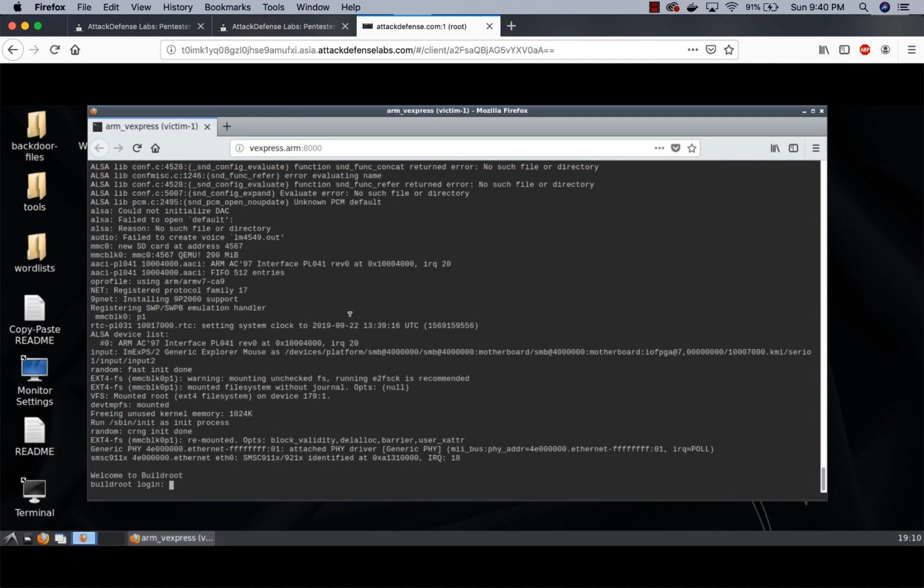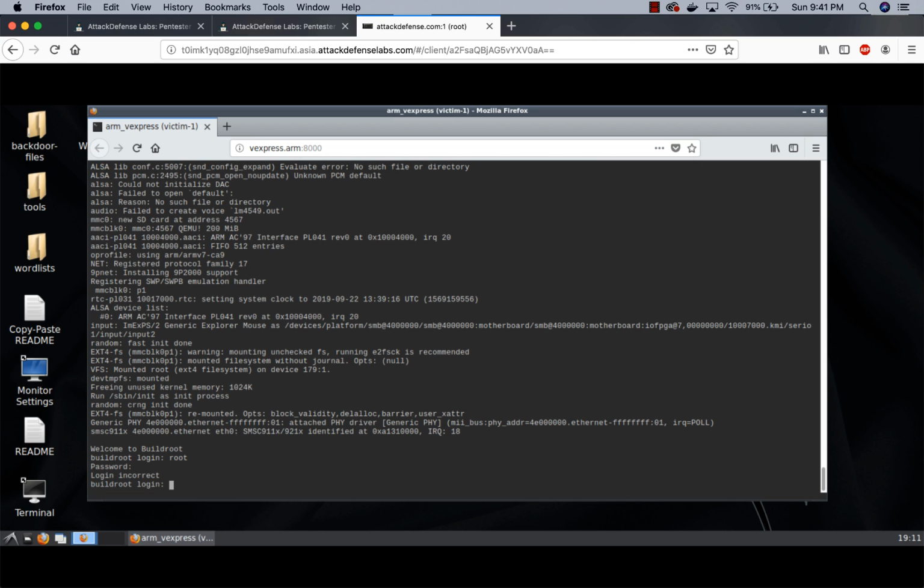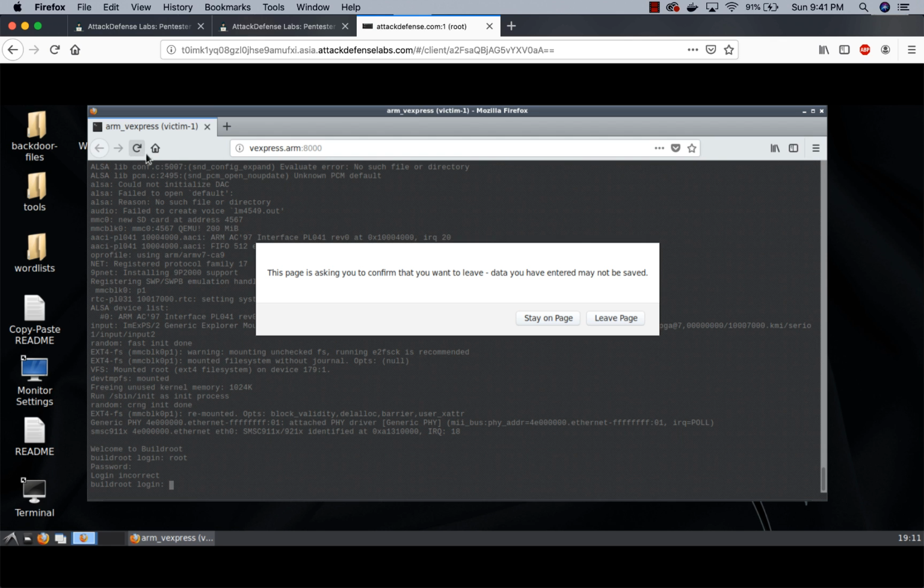So we have an attacker machine, and with a little bit of recon, we've found that there is a terminal server which is connected to an embedded device, and that's connected to the console port, and we are able to view the console port over a web interface, as we can see it here, vexpress.rom 8000. Now unfortunately, on that embedded device there is a password and we are unable to log into that device. Now if we try to reload this, what we find is